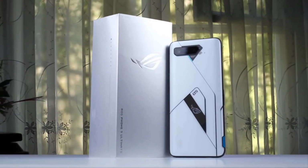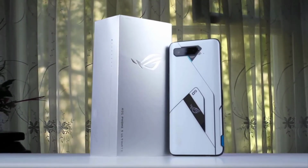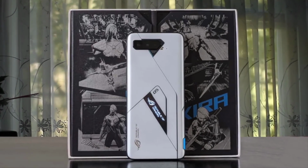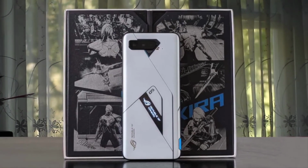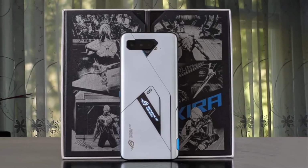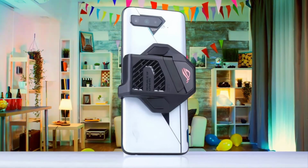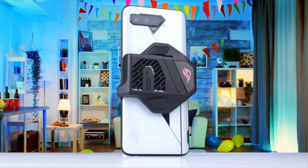Asus has taken that to the next level with the ROG Phone 5, offering a 65-watt HyperCharge experience out of the box. That translates to an incredibly fast charging experience, going from 0 to 73% in 30 minutes in our tests. Let's be honest, cameras are never really the focus when it comes to gaming phones, but that doesn't mean